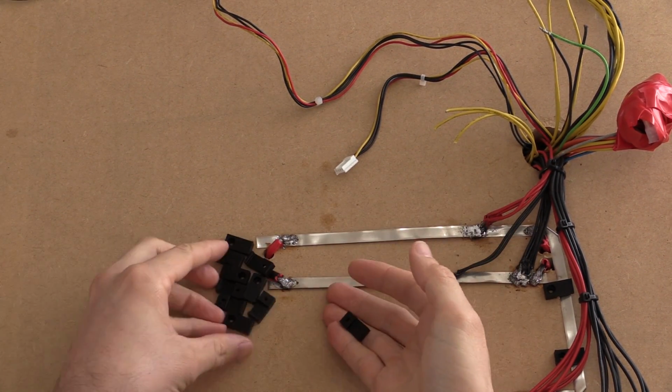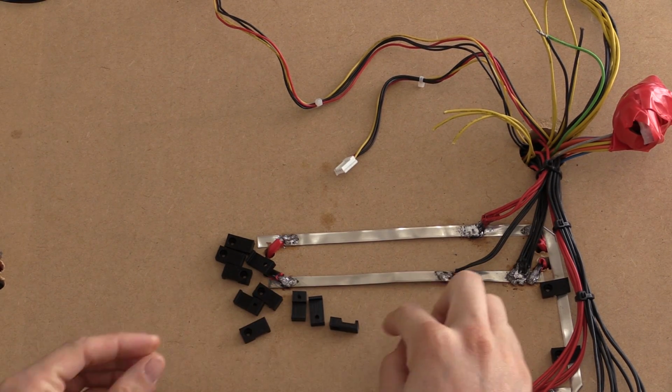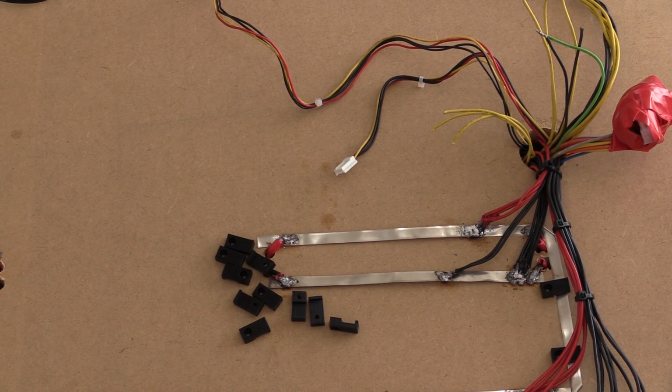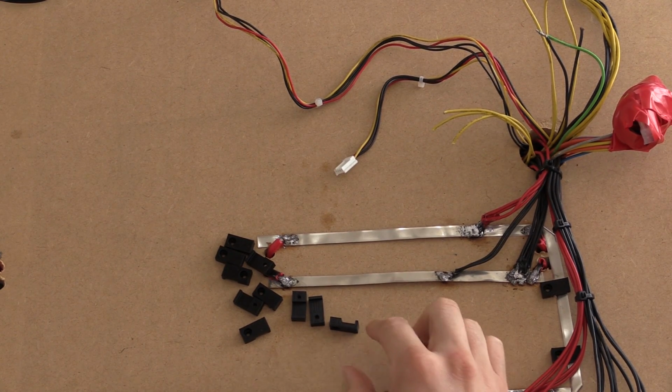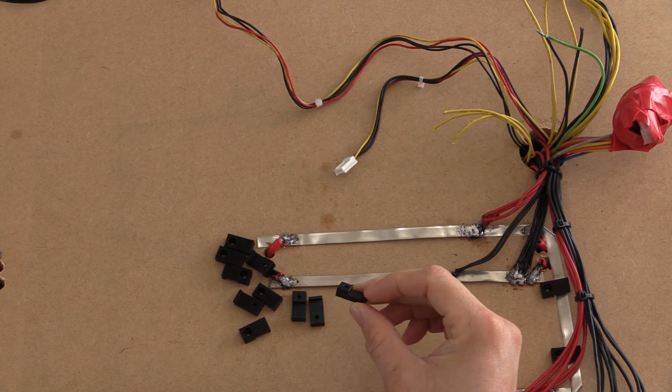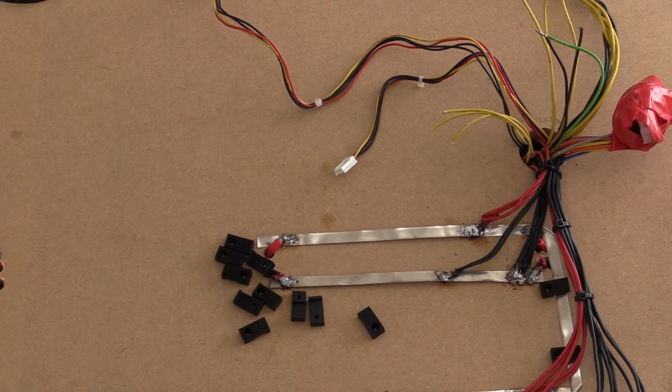So yeah, they're just a whole bunch of clips with the indented part. Now I actually made the indent 2.5 mil without double checking the actual thickness of the nickel strip, and it potentially only needed to be 1 and a bit mil. So either way, what will happen if I zoom you back out again,